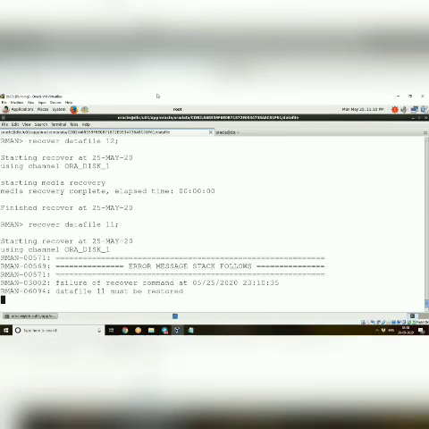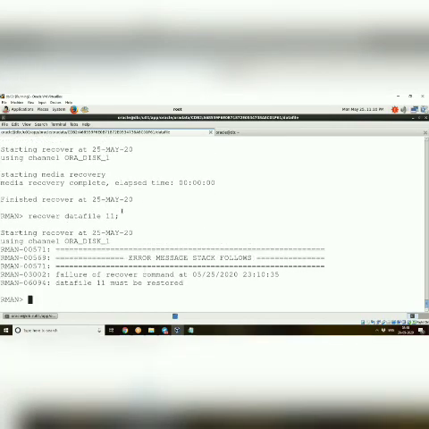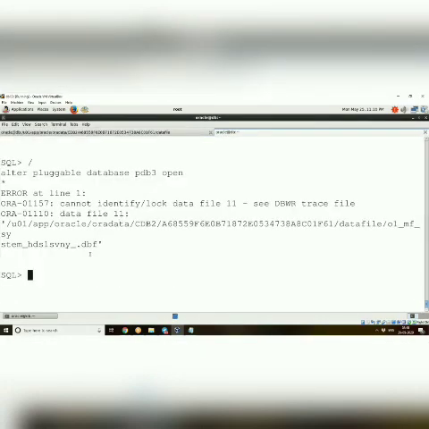See, we don't have system because system only contains all the metadata, but still it is not able to find out, even though the other sysox and the other users, it was able to recover. Means what? Just the archive logs it was able to apply, but it was not able to find out for the system because system only contains the metadata about the sysox and the users data file. So it is not able to find out. That's why it's throwing error. Fine. So for this, we should have the backup. Without backup, we cannot restore.